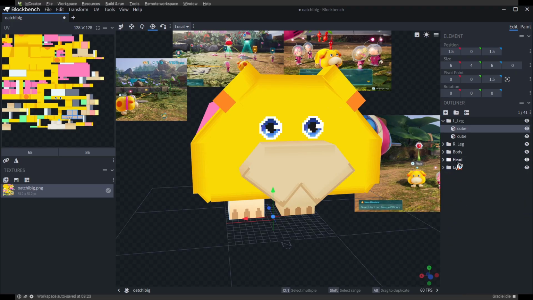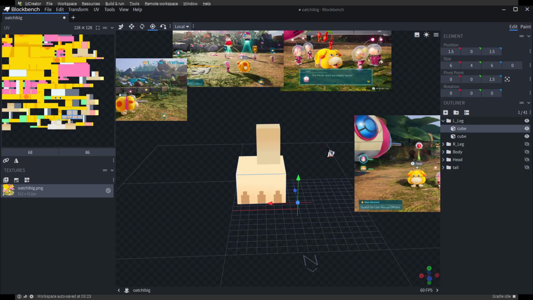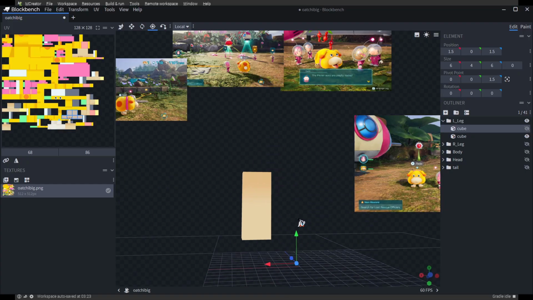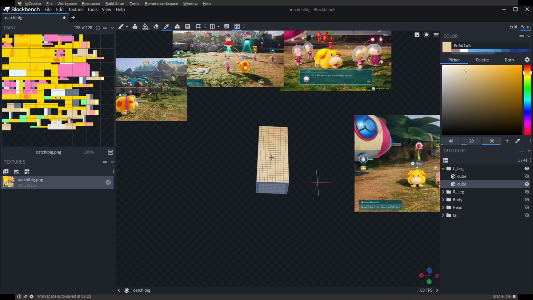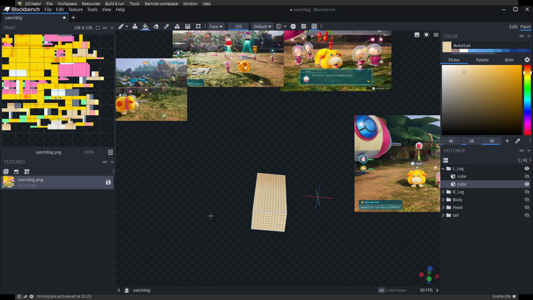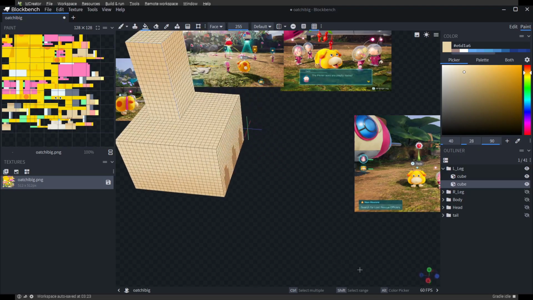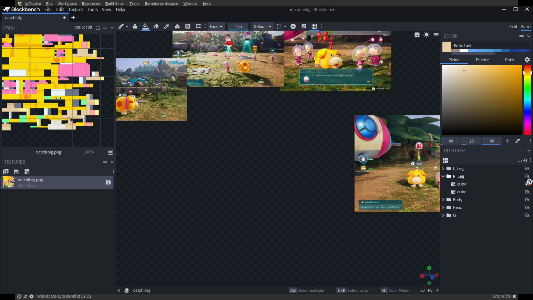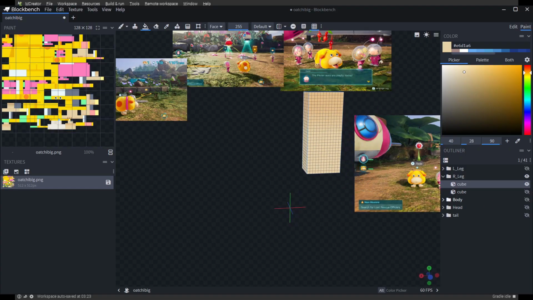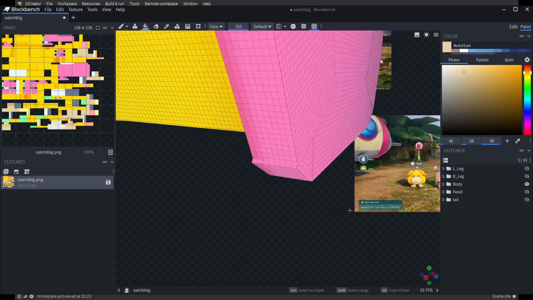So the best way to take care of that is to just hide everything except for one part at a time and just sort of go through, enter paint mode, and take whatever the base color is of that area and just put a paint bucket onto it, and you can see that that got rid of that. And then I'll just check the foot as well, which that one looks fine, and then we'll close that, open the right leg, and just repeat the same process. You just want to go through everything, even if you don't think it will be seen by anyone who uses your mod. You should really still check it,